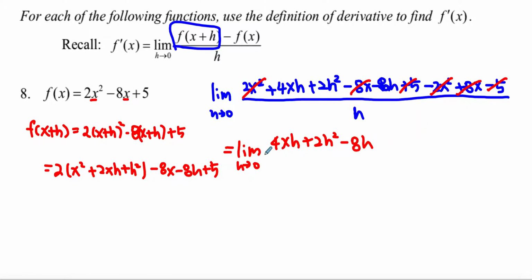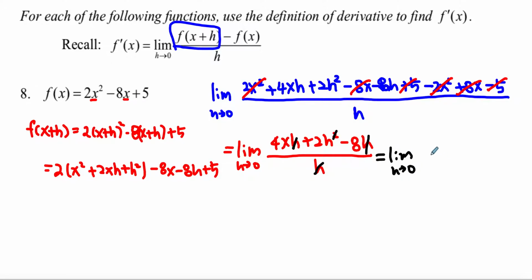And that's about it. Divide by h. Then you can see that h can cancel out here, and h squared now becomes h, just h by itself, and then this one cancels out. Now, as h approaches 0, if I have to write it, limit as h approaches 0,